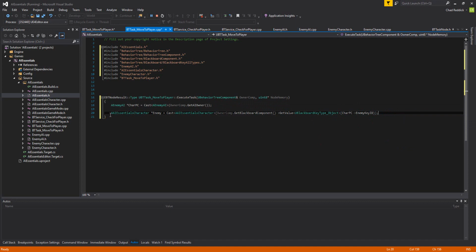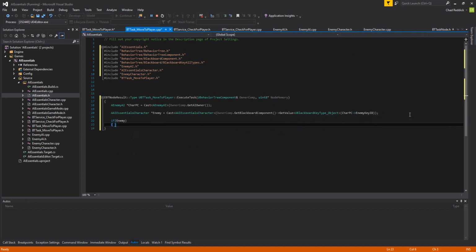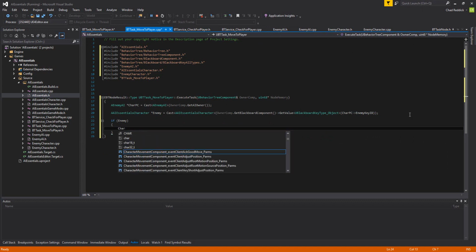Now, let's recap there. We are trying to find out the enemy object. We're assigning it the value we stored in the Blackboard. Get value object, which is the enemy key ID from the Blackboard. So now, the next thing we're going to do is say if enemy, if it exists, if there's anything in there, we're going to say char PC